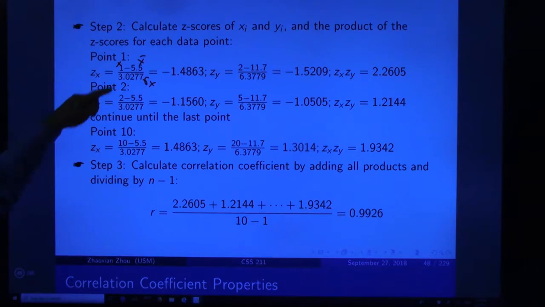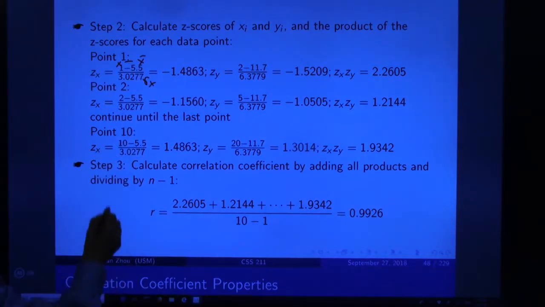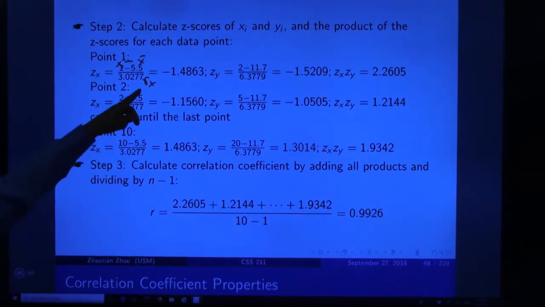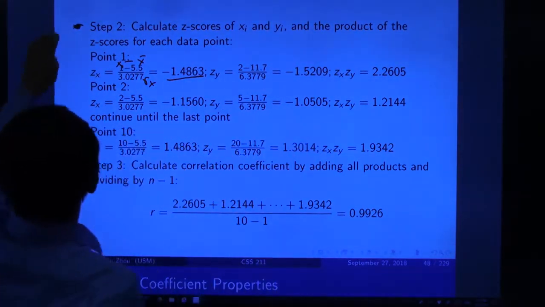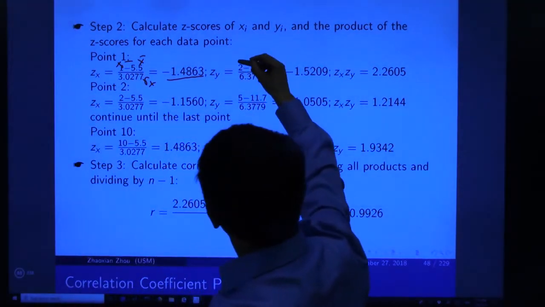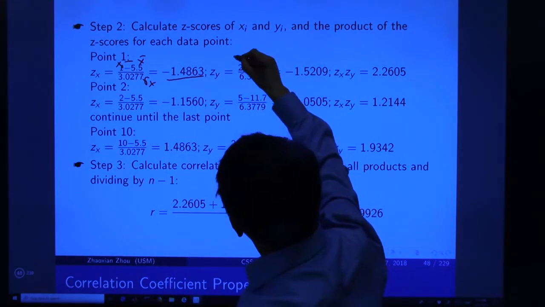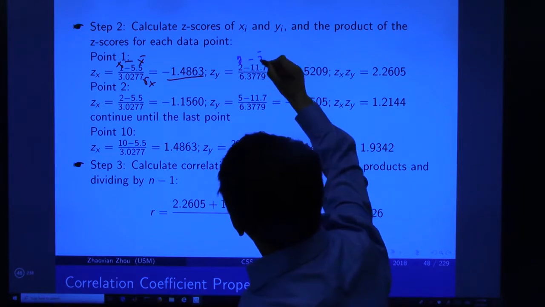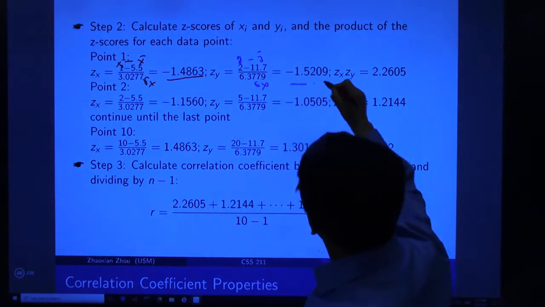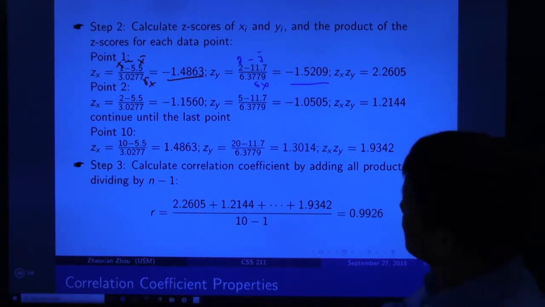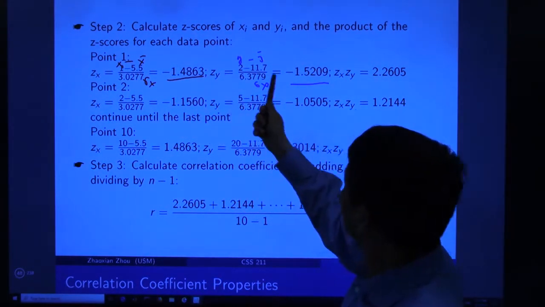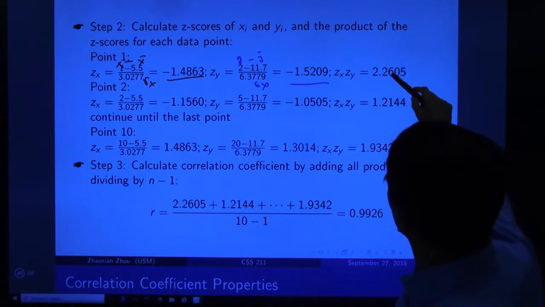So x1 minus x bar, then divide by the standard deviation, and this gives us this value. And for y, same thing, y1 equals 2, so y minus y bar over sigma y, and this value equals this. Then we need to multiply these two numbers, negative 1.48 multiplied by this one, and the value equals